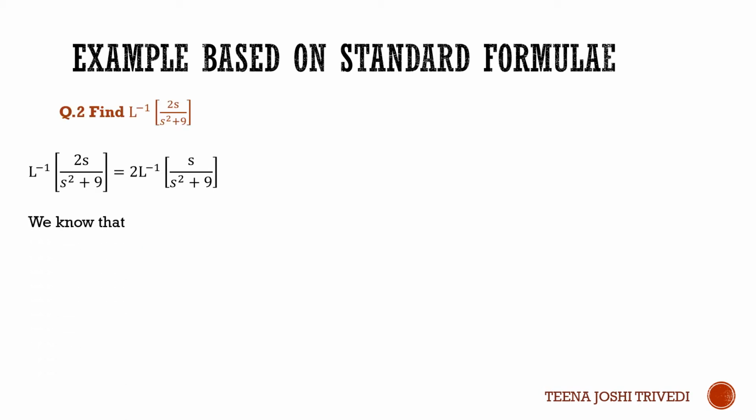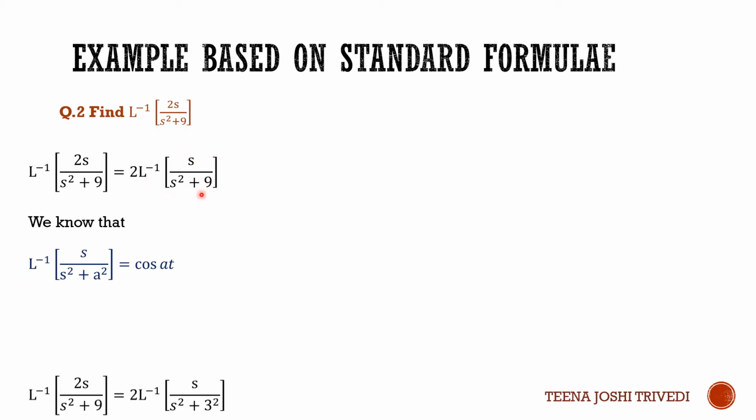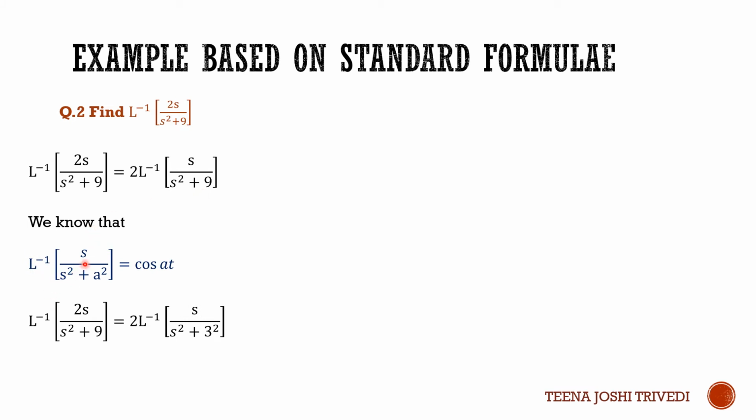Next question. Find Laplace inverse of 2s upon s square plus 9. So this is equal to, again, 2 we take out in inverse Laplace transformation, and this is s upon s square plus 9. So we know that Laplace inverse of s upon s square plus a square is equal to cos at,